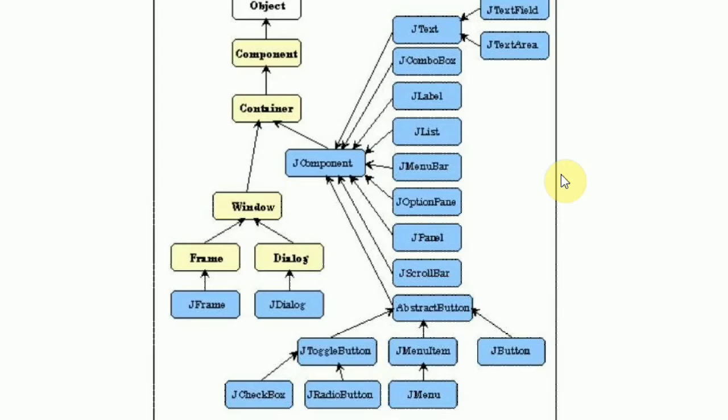Now, among the components, again there are passive components and active components. For example, JLabel is a passive component because there is no event handling associated with it. It just gives certain information to the user. And JButton is an active component because there is event handling. You click the button and the GUI changes.